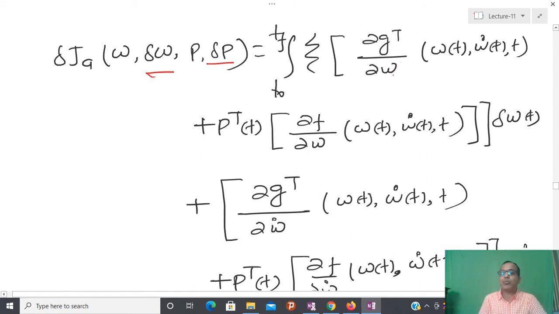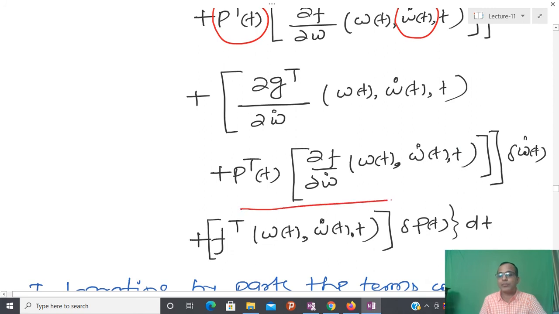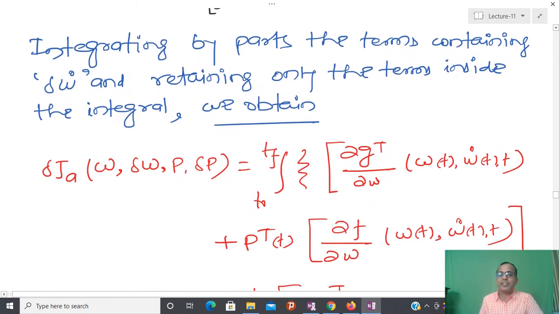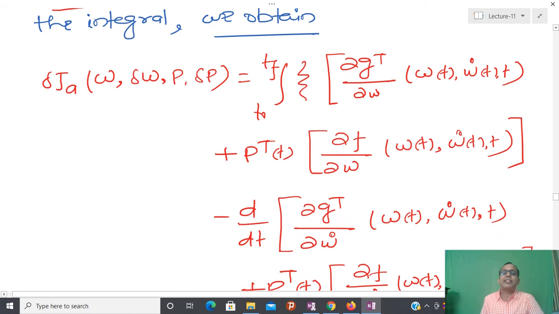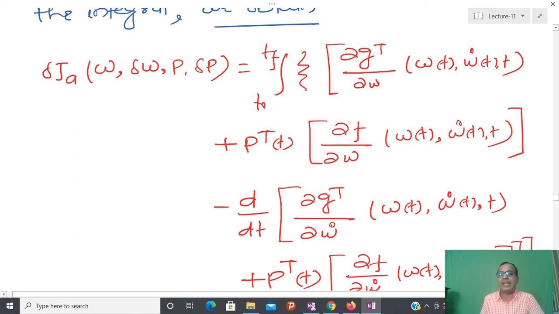At this time I have one extra term, because you can see that inside p(t), the term which multiplies the constraint f also contains omega dot, and due to that reason, in the variation this extra term comes into the picture. In the previous development this term was absent, now it is present, and again you can take the integral by parts. After that you can express the terms in d omega only inside the integral, such that dt comes into the picture, and then you can put the variation equal to 0. So that is the idea again.